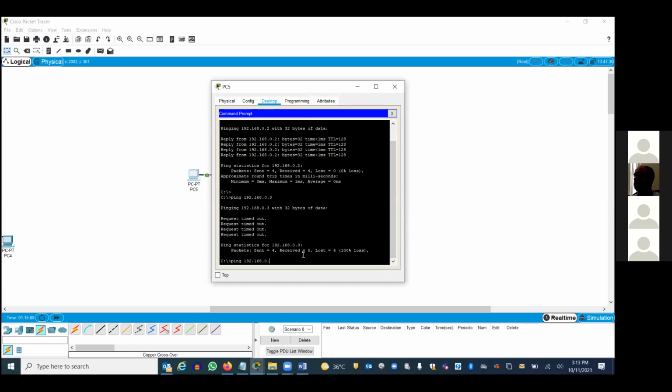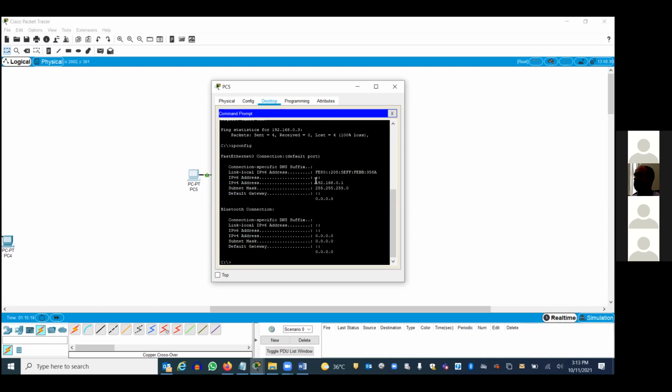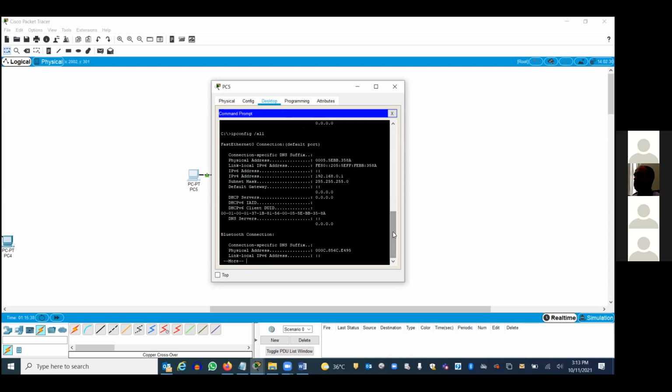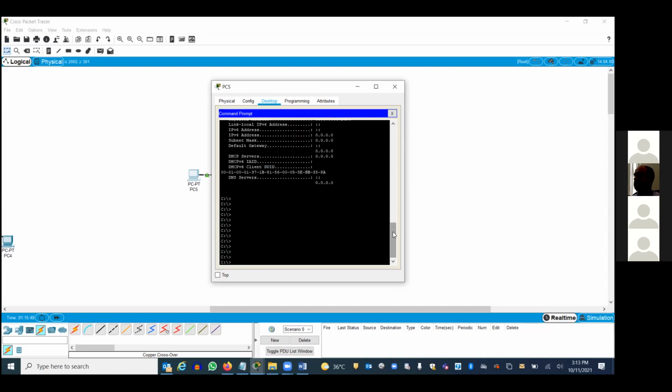Do you know that command? ipconfig will give you the current IP address allocated to that machine. ipconfig space /all will give you all the details, including your physical address, which is nothing but the MAC address, for all the interfaces.